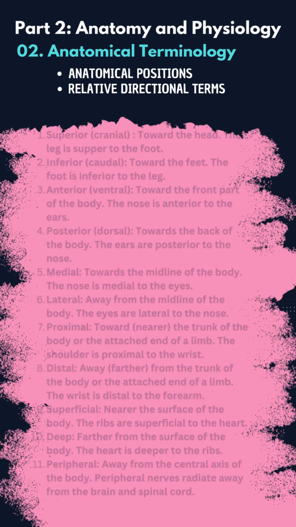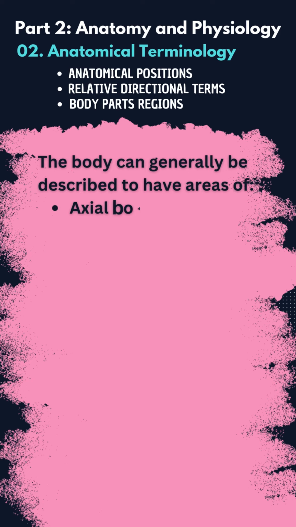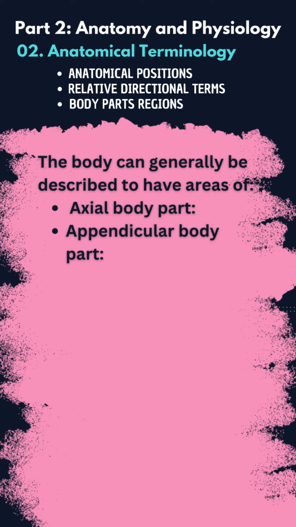Now, we'll move on to the next part, that is body parts and regions. The body can generally be described to have areas of axial body part and appendicular body part. So what is axial body part? It is the part of the body